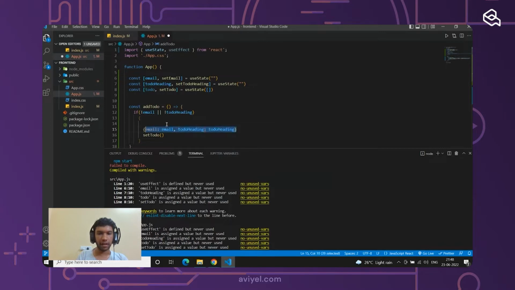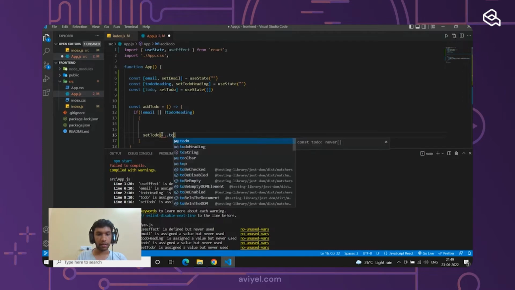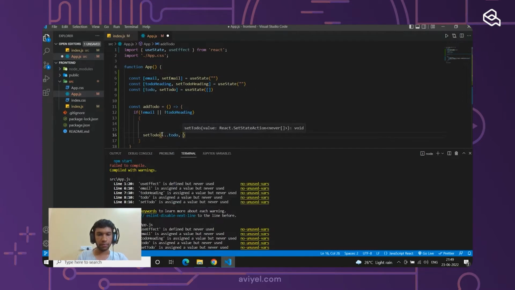We want to store it like that, but we want to add it into the array, right? So what we can do is use this to do comma this. So it will have all the objects inside the